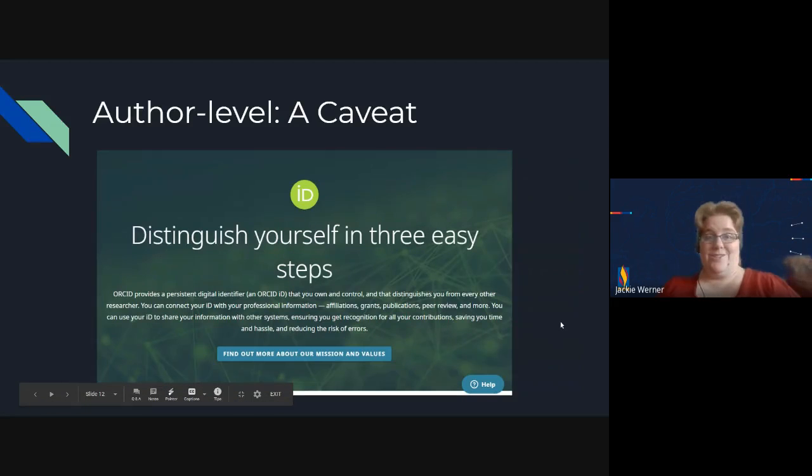One of those little issues is the caveat that when you find your H index from these sources, you have to make sure that what they are calculating from is actually yours. Some of the best ways to do that is to make sure that you have a researcher's profile.